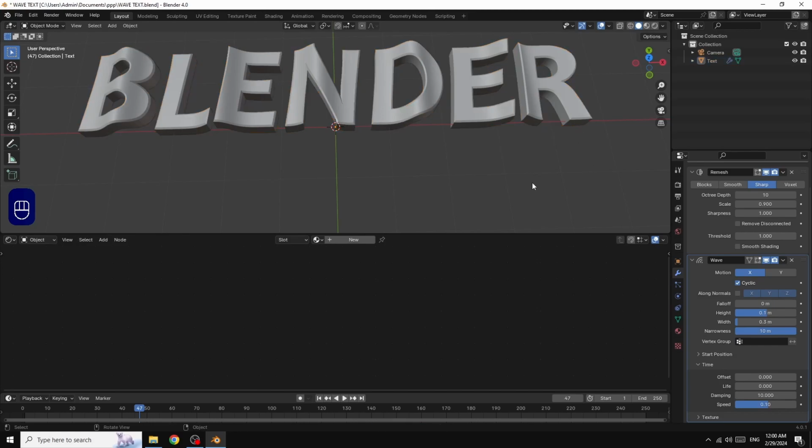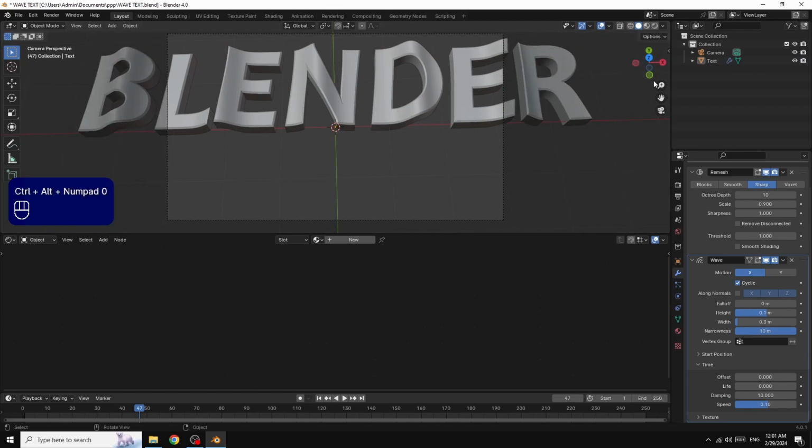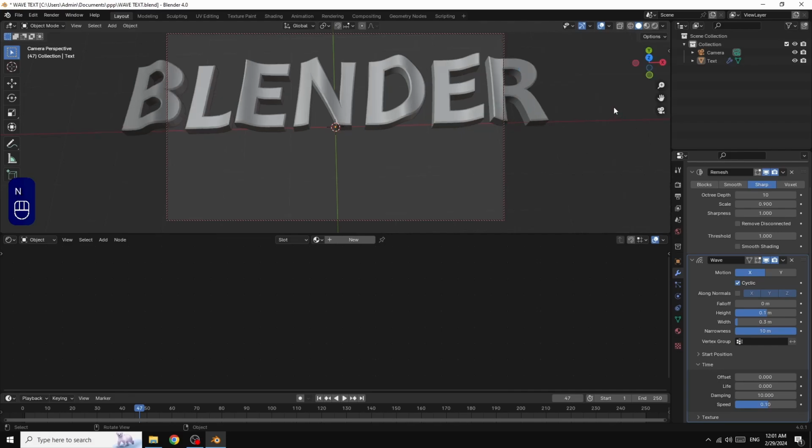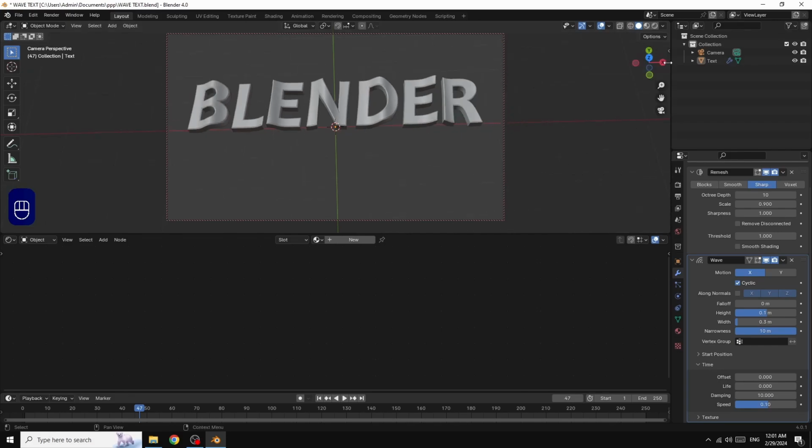Now Alt Control 0, hit N, view, camera to view. Now we have our text.